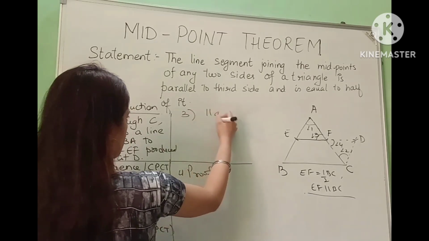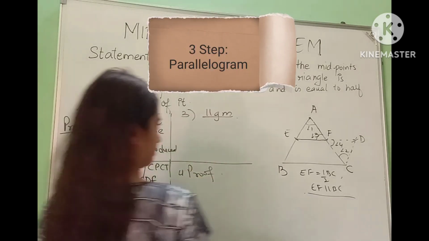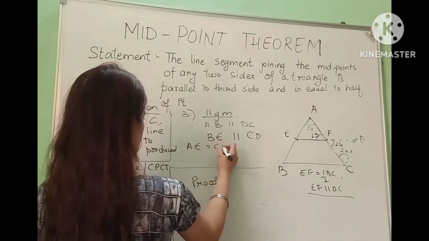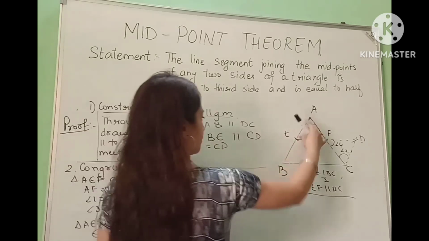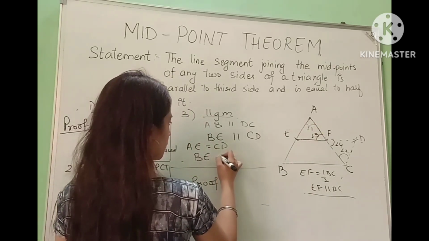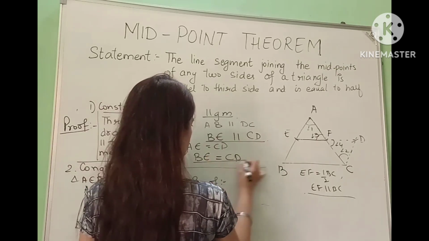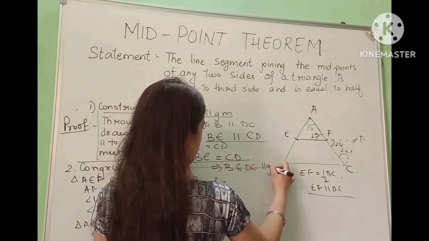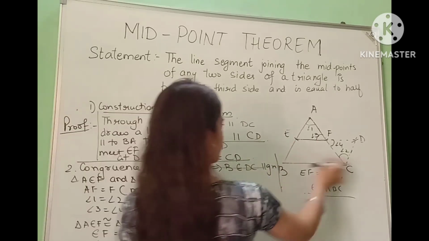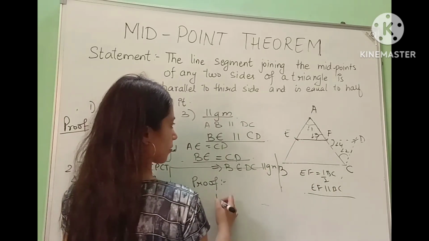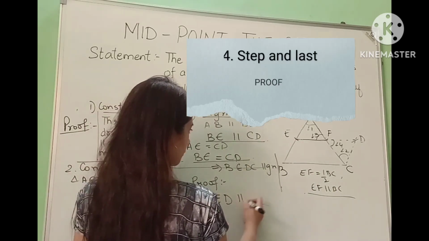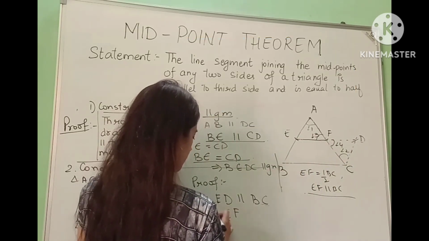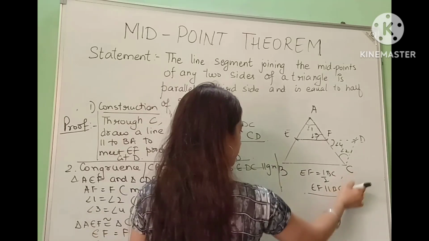For a parallelogram we just need to take one pair which is equal and parallel. So in these two figures we have taken that CD is parallel to AB. It means if it is parallel to AB, it is parallel to BE as well. Now AE is equal to CD, and AE is equal to EB. So EB is also equal to CD. It means the pair is equal as well as parallel, so it is a parallelogram. Now if it is a parallelogram, I can take my proof sides. EF is part of ED. So ED is parallel to BC because it is a parallelogram. So it means EF is also parallel to BC. It means one portion is done.